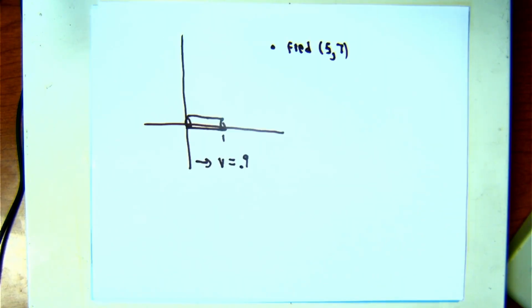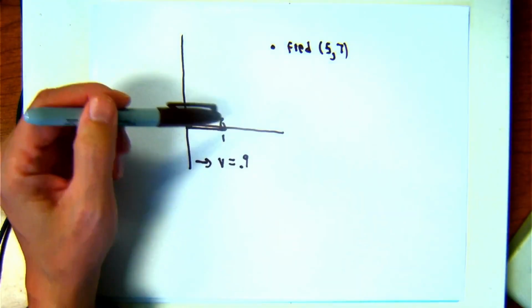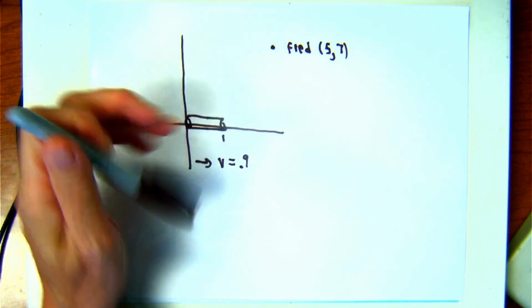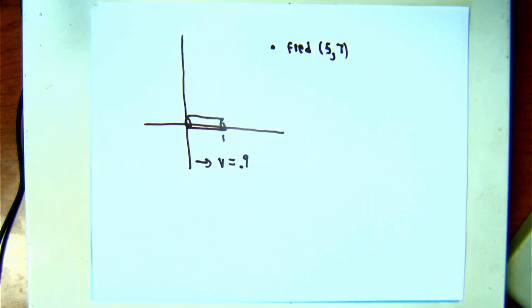It gets worse. Imagine now that not only has someone quickly slapped the metal bar into place, but they've also given it a speed of 0.9 in the positive x direction. What does Fred see? Initially, nothing. Because light hasn't had time to travel from here to Fred's eye. Once again, you could figure out how much time that's going to take, but that's not what I want to focus in on. At a different time,